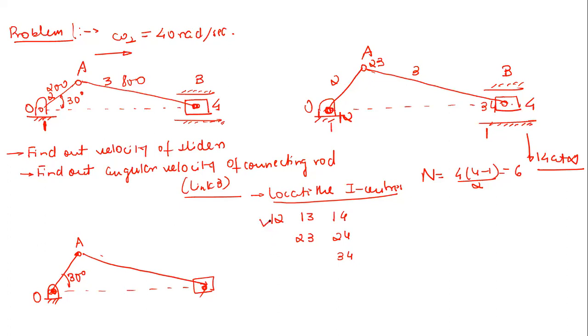Now let us see this. 1, 2 is given, correct? Then 2, 3 is provided to us, right? And then this 3, 4 is given to us, right? So any other IC which is known to us: 1, 4. Okay, so this 1, 4 is also known to us. So which two instantaneous centers do we have to find out? First of all, this 1, 3, and another one is this 2, 4. Okay, so let me do this in a shortcut way.